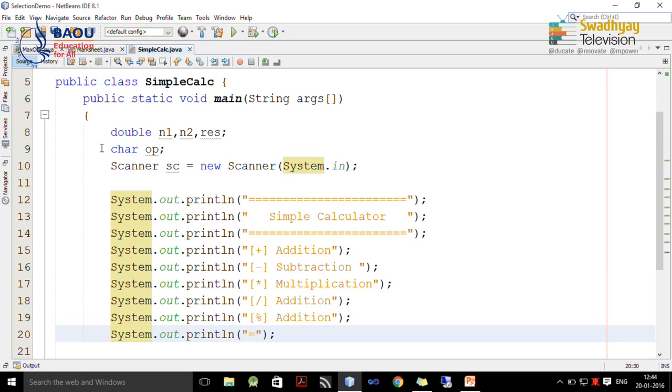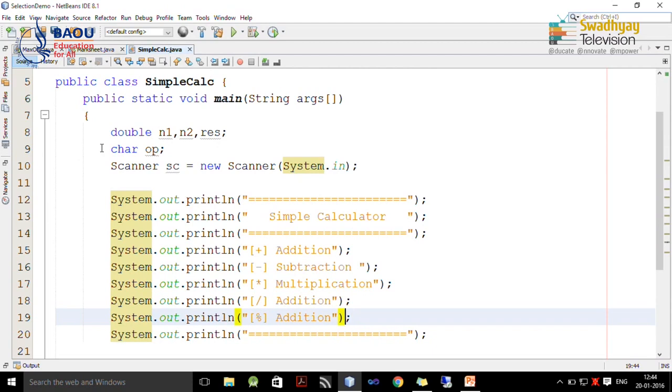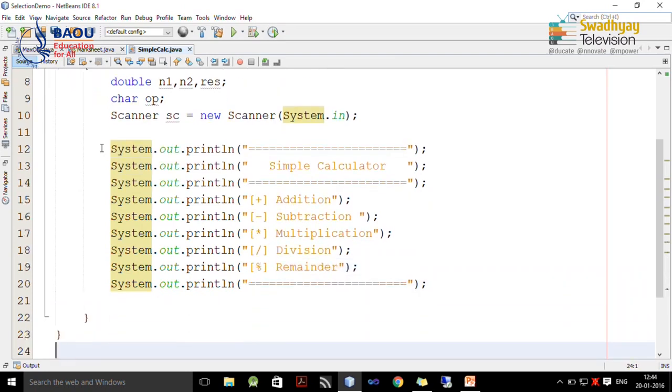So, these are the 5 operations that we want to perform, and here we have to write down division, and the last operation is remainder. So, these will display the menu to the user.